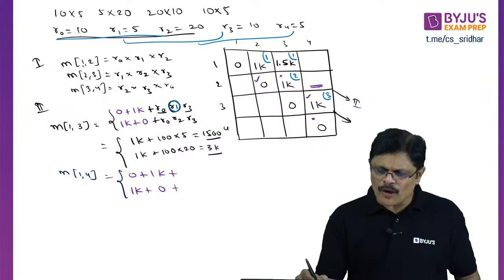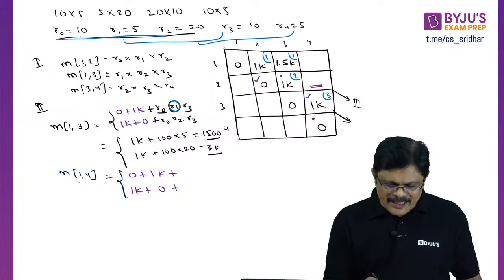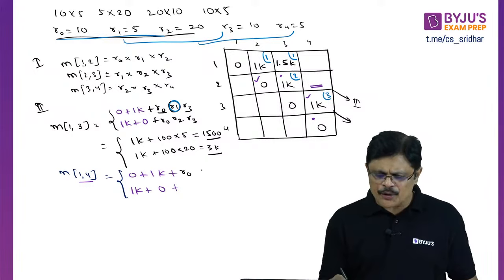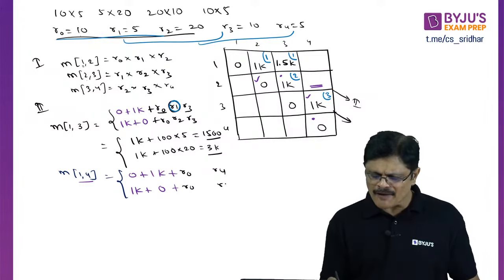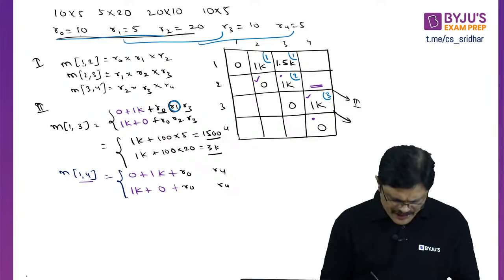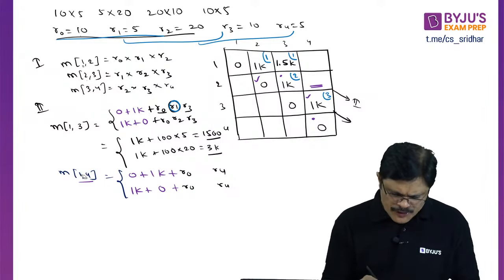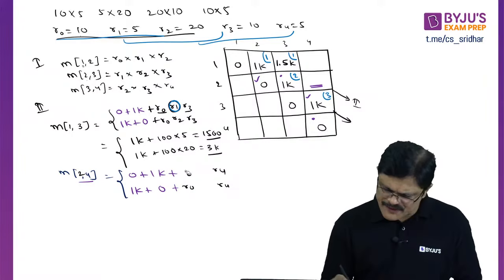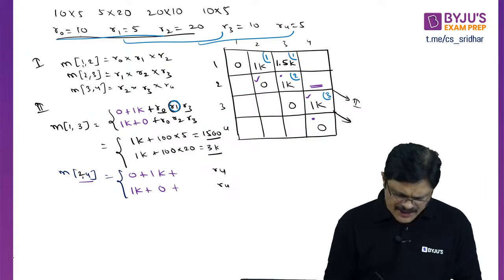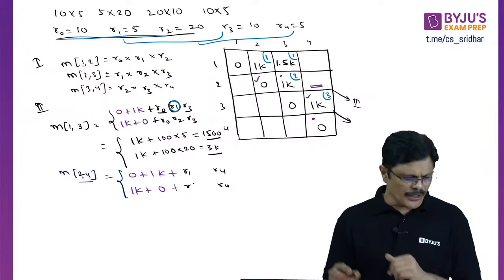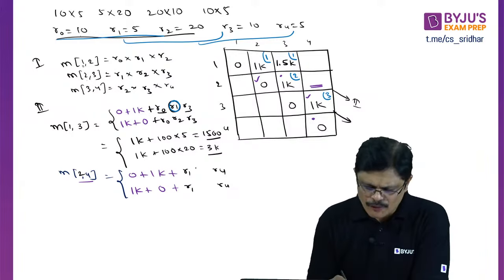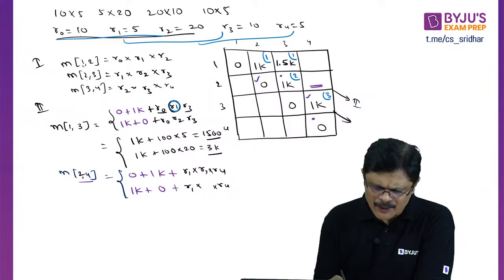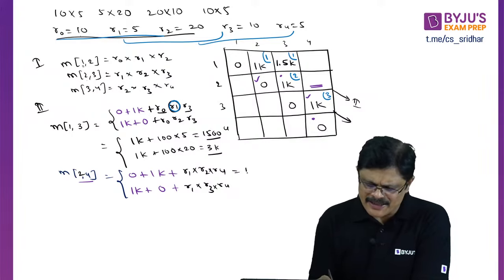Now here, what will be the product here? When it is 1 to 4, always remember R0, R4 are fixed. Sorry, I think it should be 2, 4, not 1, 4. So if it is 2, 4, what is fixed here, sir? R1 and R4 are fixed. So what is the one which is varying, sir? The one which is varying will be R2, R3. So when you simplify this, you get 1K.